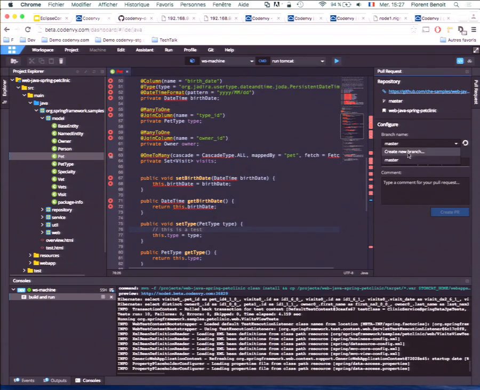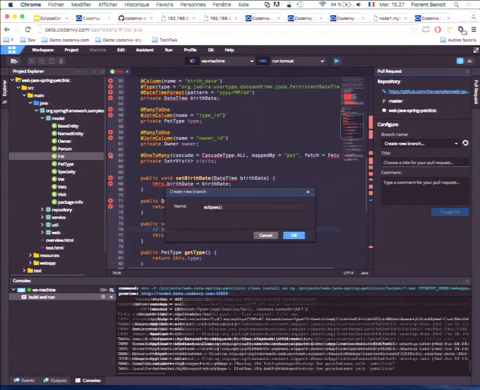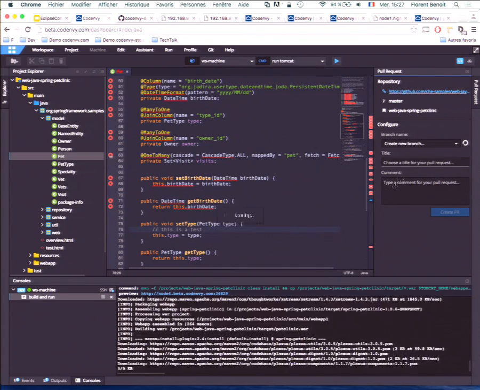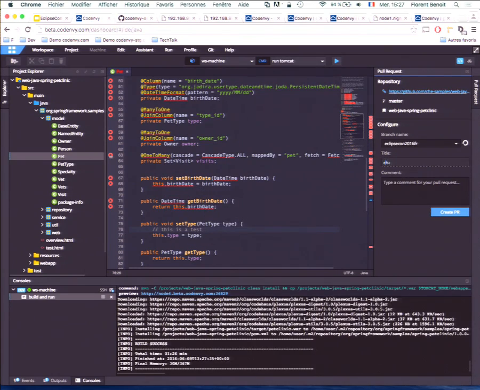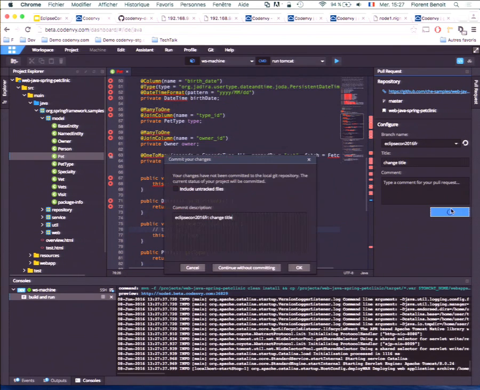Then you can create a new branch, say it will be EclipseCon friends. Change. You create. Then it tells you that you have not committed, so you say to commit all the changes.